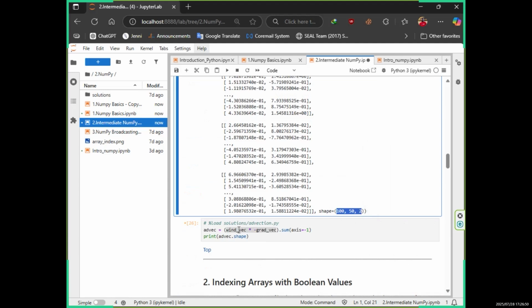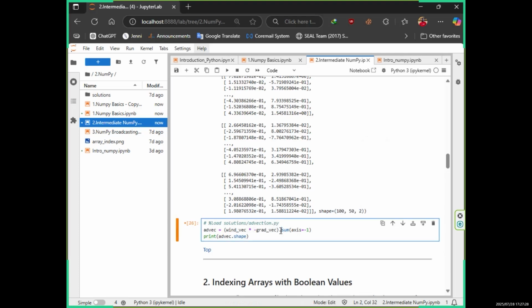You don't need to think about the equation or anything in here. The only thing you need to focus on is the shape of the data and the calculation that we are doing. So if you do a multiplication, addition or anything, both arrays should be in the same shape. So at the end, with the multiplication, what will happen? It will multiply the first value of the first column, first row, first variable with the other data set's first column, first value, first variable. So at the end, you will get another data set like this, and then you need to get the sum